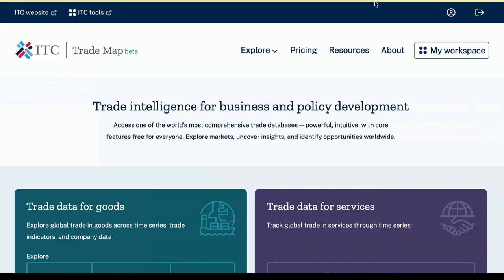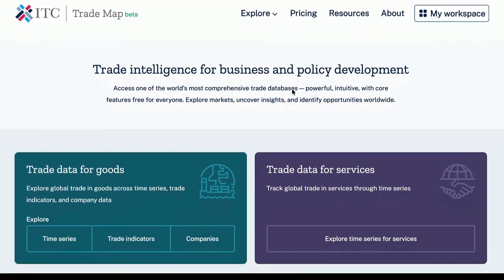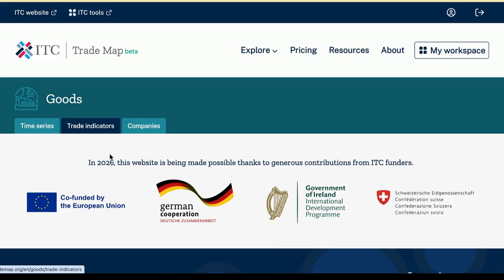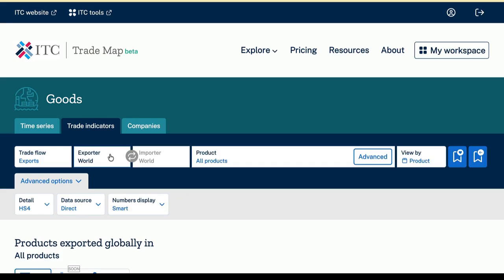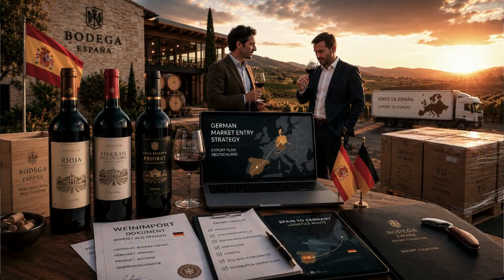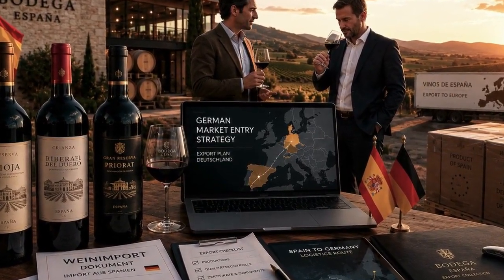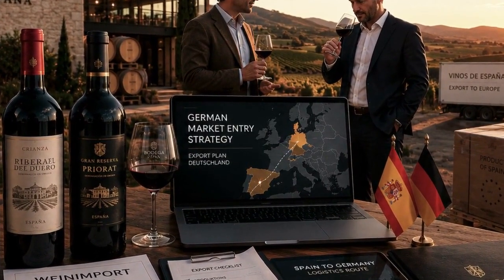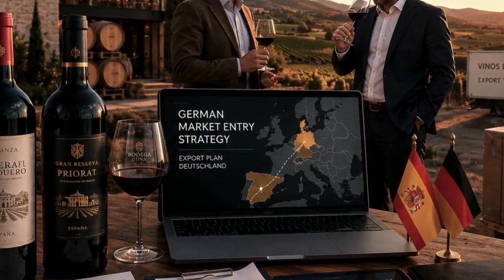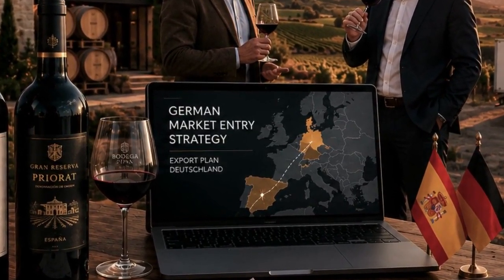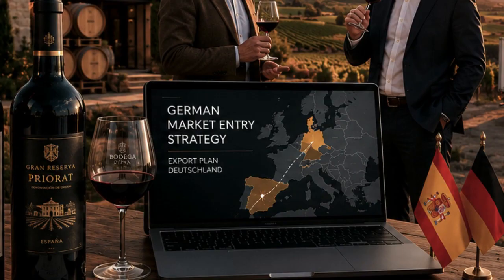Here we have in front of us beta.trademark.org/n/, the only version that exists right now, which is the English version. And we're going to scroll down to where it says Trade Indicators. I'm going to use an example I usually use, which is very simple. Imagine that you are a winery from Argentina, Chile, or Spain, and you're interested in the German market. And of course, you want to know who your competitors are as countries in Germany, and in what volume your competitors operate, how much more is imported than Argentine, Spanish, or Chilean wine in Germany.